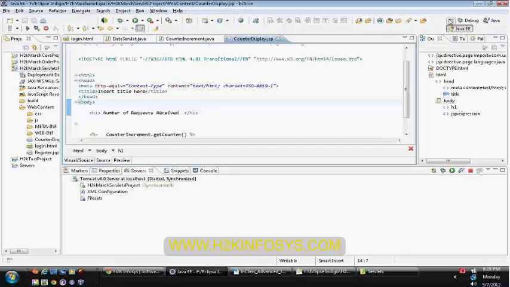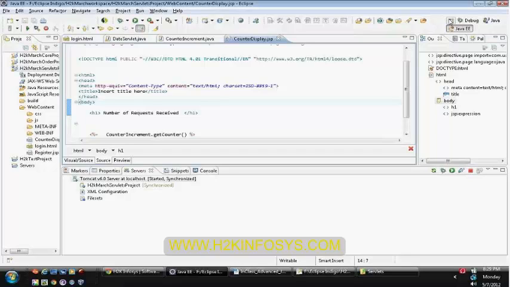See, this is our client request. Normally, our client request will be submitted to the container first, and then the container will send the request to your servlet. This is your servlet container, and this is your actual servlet or JSP page.